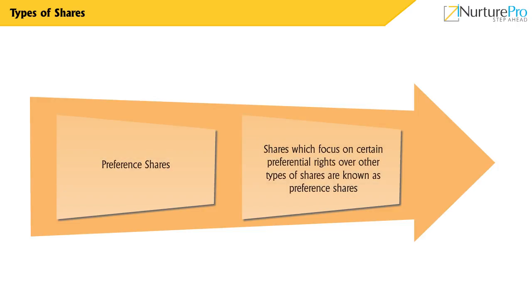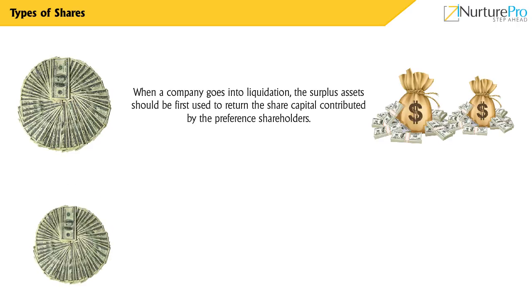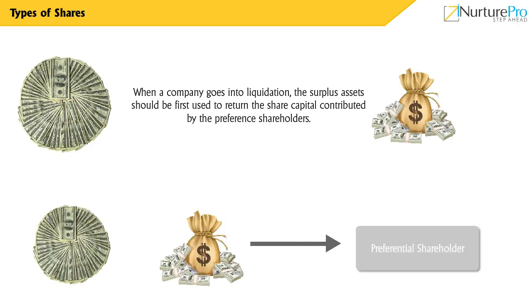Shares which carry certain preferential rights over other types of shares are known as preference shares. A preferential right to get a fixed rate of dividend during the life of the company is the first right. Next is a preferential right to the return of share capital at the time of winding up of the company. When a company goes into liquidation, the surplus assets should first be used for returning the share capital contributed by